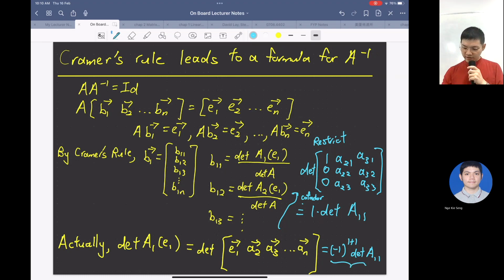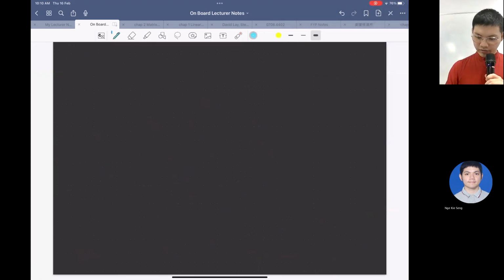Okay. So this thing is what? This thing is the core factor. So the determinant of AIEJ is actually the cofactor. That means the cofactor divided by the determinant of A builds up your A inverse. Following. So hence what you will get is A inverse equals 1 over determinant of A